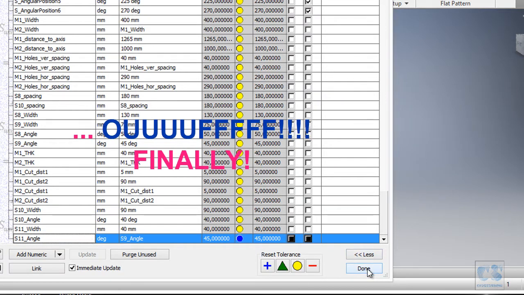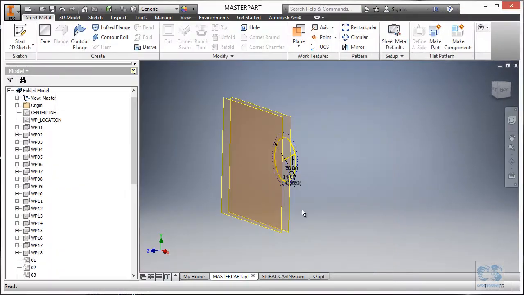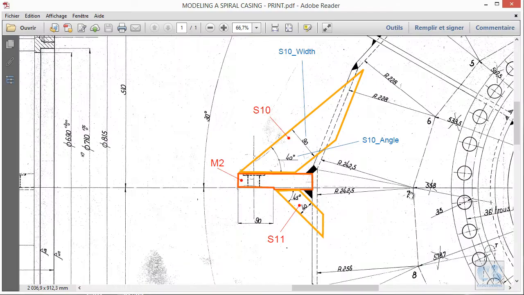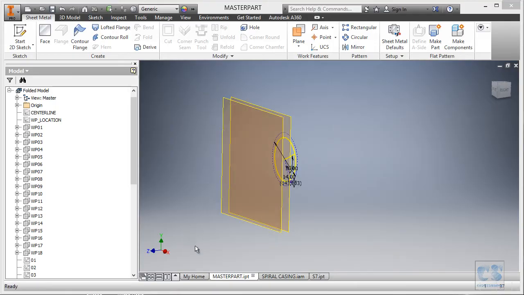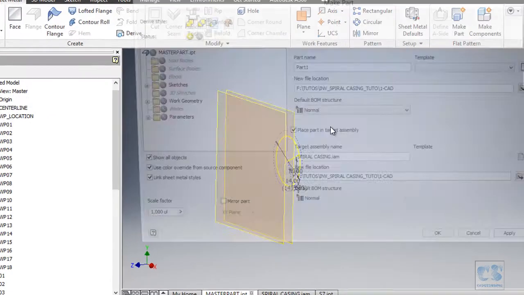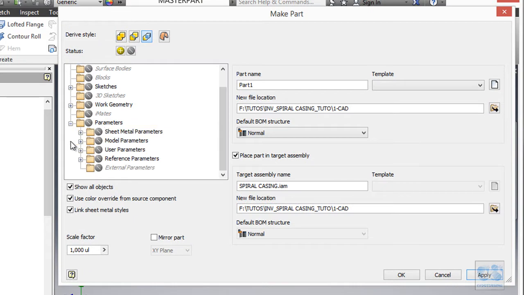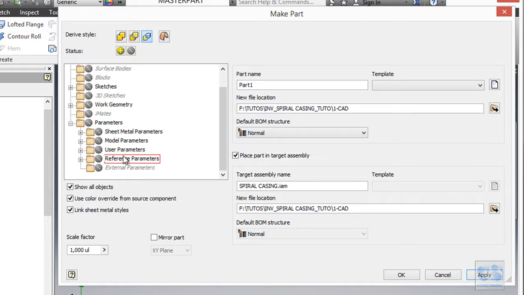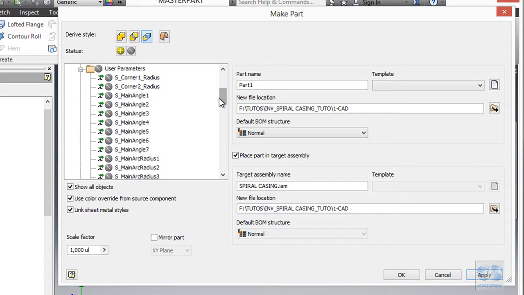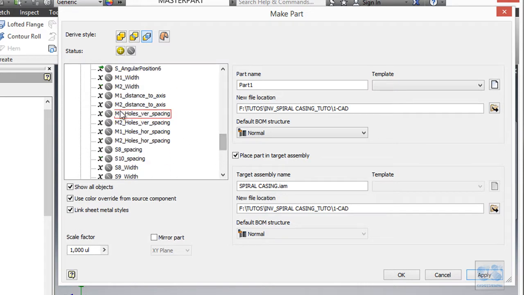So now we can start creating the parts. We are going to start with the first mounting plate. So let's go to the master part and make part. We are going to use only parameters, and we will select everything related to the mounting plates. So user parameters, and let's look for this.